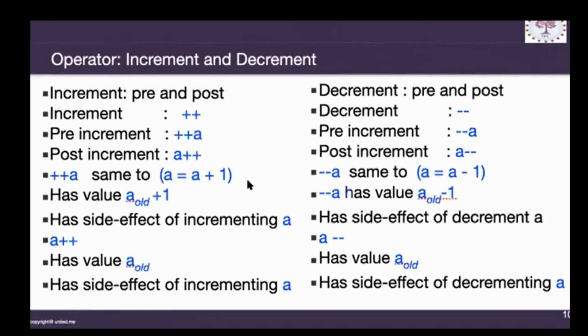Then you have increment and decrement operators. Basically there are two forms: pre-increment and post-increment, and then pre-decrement and post-decrement. Increment means you just increase the value of a variable by 1 using these operators. The simple way of writing the expression is like this, but because the language provides the functionality, you can use the plus plus operator on any variable and it will be done. This one is called pre-increment because the increment comes first, before the variable, and this is called post-increment because the increment comes after the variable.